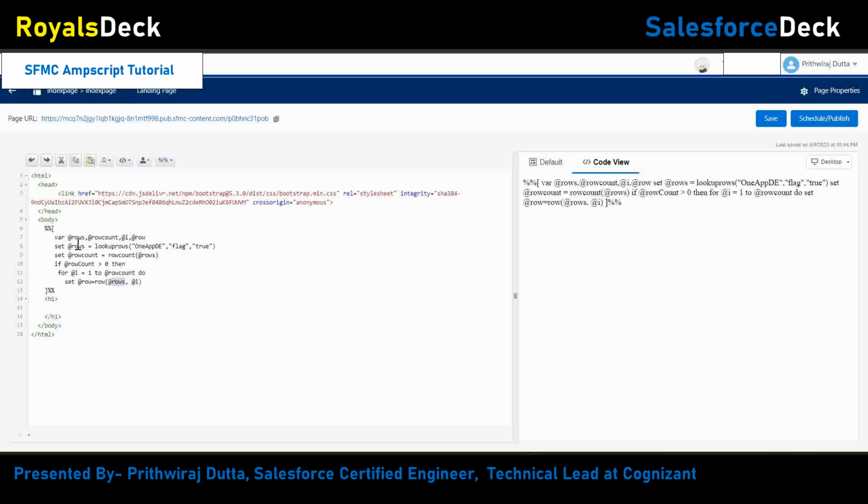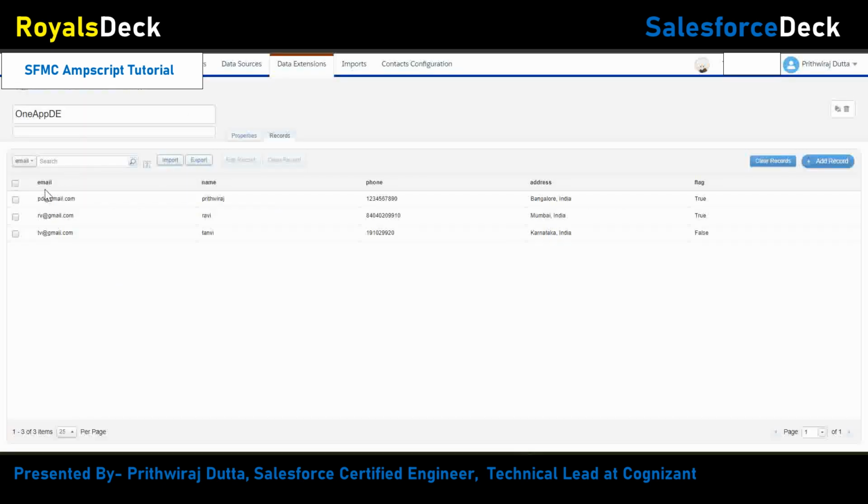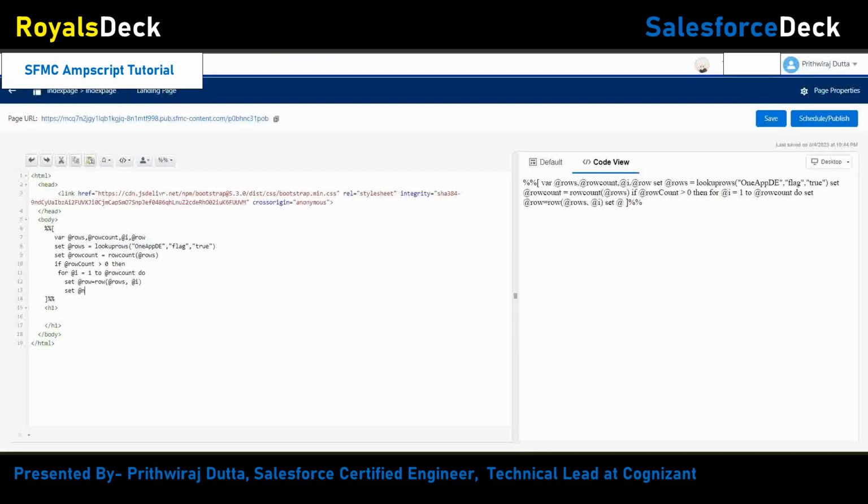Okay, now we have the first row, so we want the fields, right? What are the fields that we want from this first row? And then it will iterate, right? So set @name, and we can take the name from here, name, email and all. So name equals, and we will have field, so this is the function. So here Field(@row,